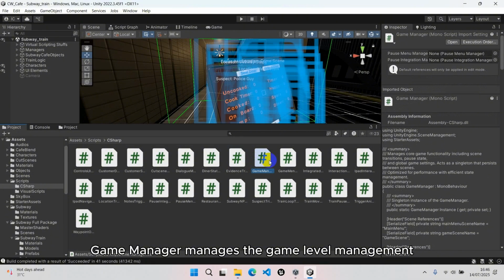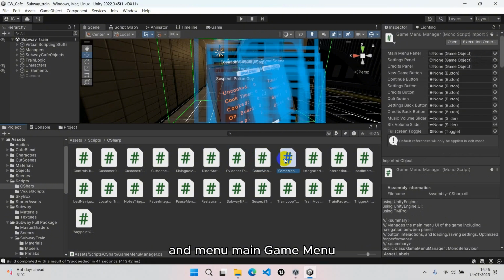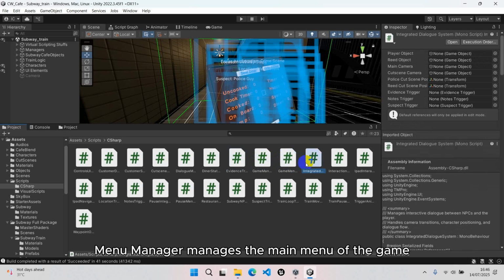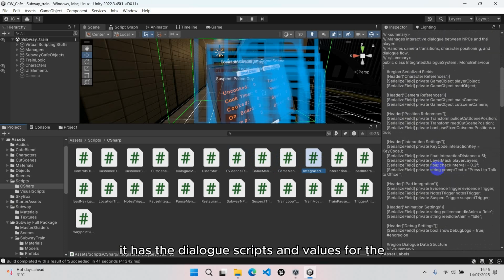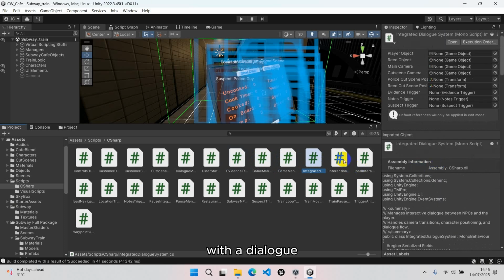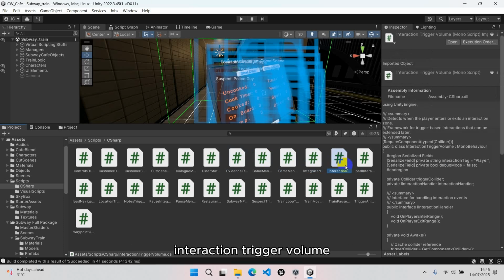Game manager manages the game level management, and menu manager manages the main menu of the game. Indicator dialog system has the dialog scripts and values for the dialog between the reader and the police officer. Interaction trigger volume